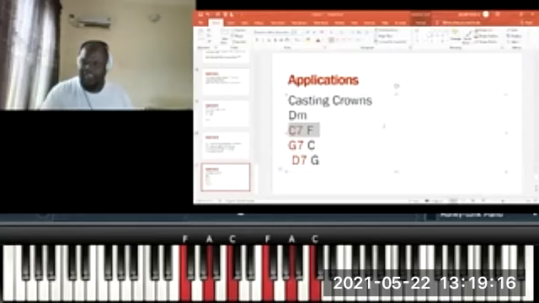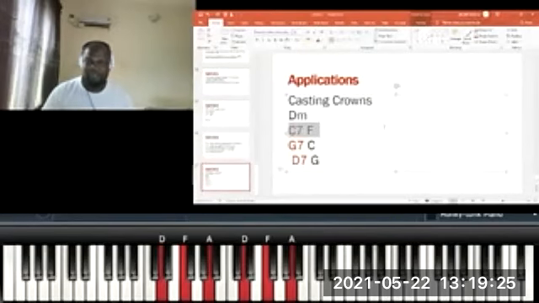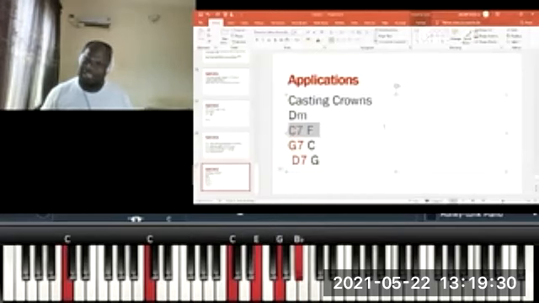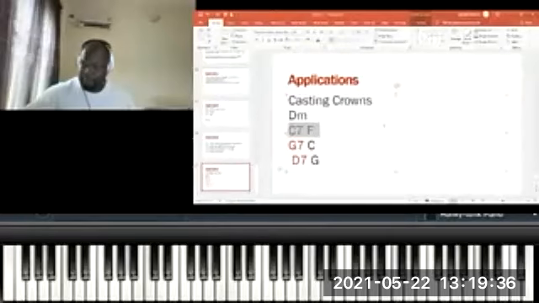lifting hands. Did you see that? Yeah, I saw, but that was fast. Sorry. Okay, I'll do it again. Casting crowns. I'm going to do a C7. F now. Lifting hands. Okay. You see it? You see how that, yeah, I can do